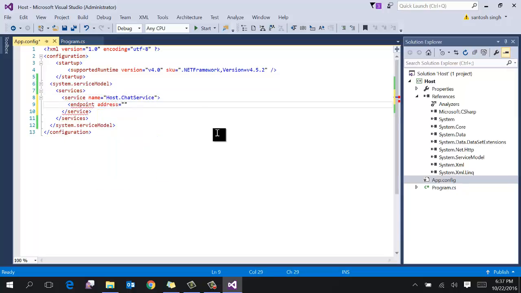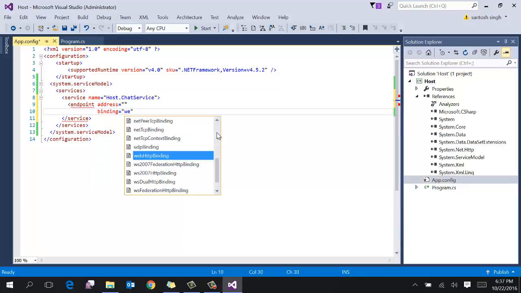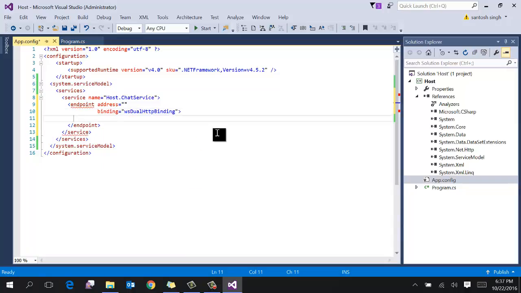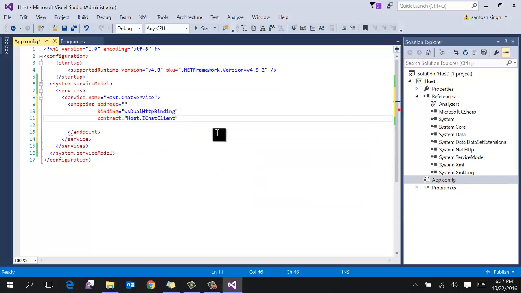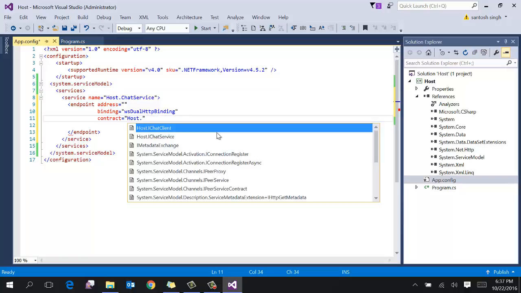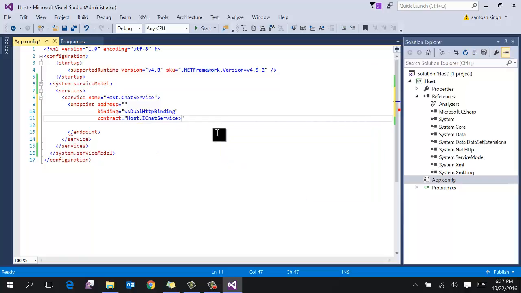Address leave it blank because we are going to provide the base address, binding wsDualHttpBinding, and also specify the contract. Sorry, it's IChatService.